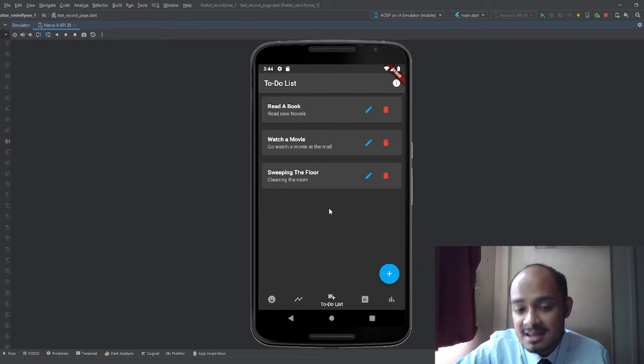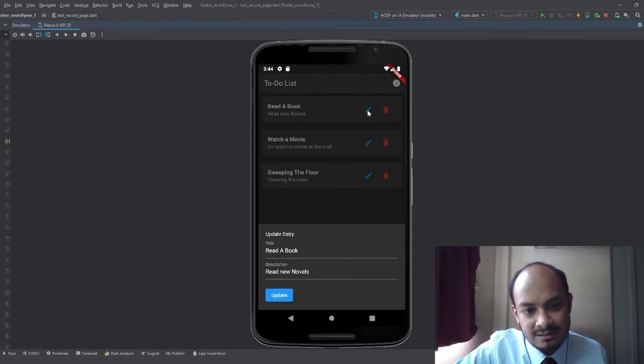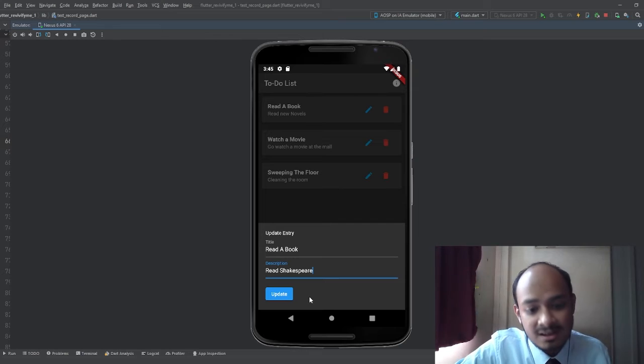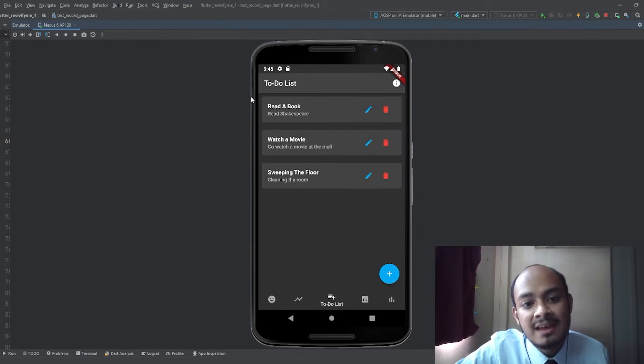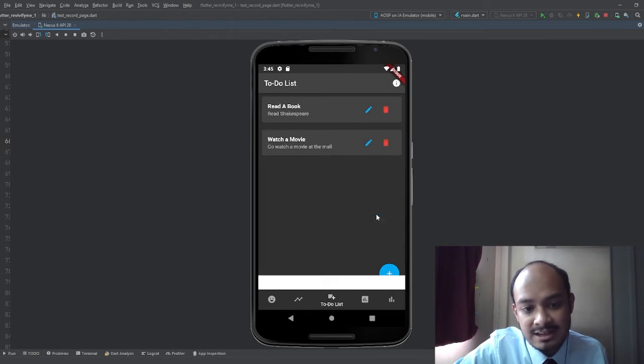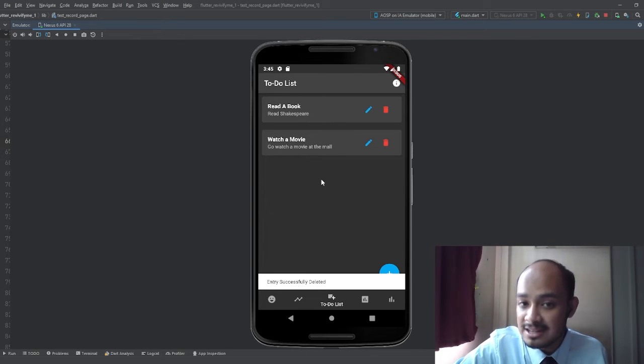To update a data, simply click on the pencil icon here, and you can change any data that you would like for this specific entry. Now as you can see, I have changed the description for this entry, and once I click update, the entry will be updated inside the page. You can also perform delete functions on any of the entries that you want. So simply click on the delete button and confirm the delete, and the data will be deleted from the